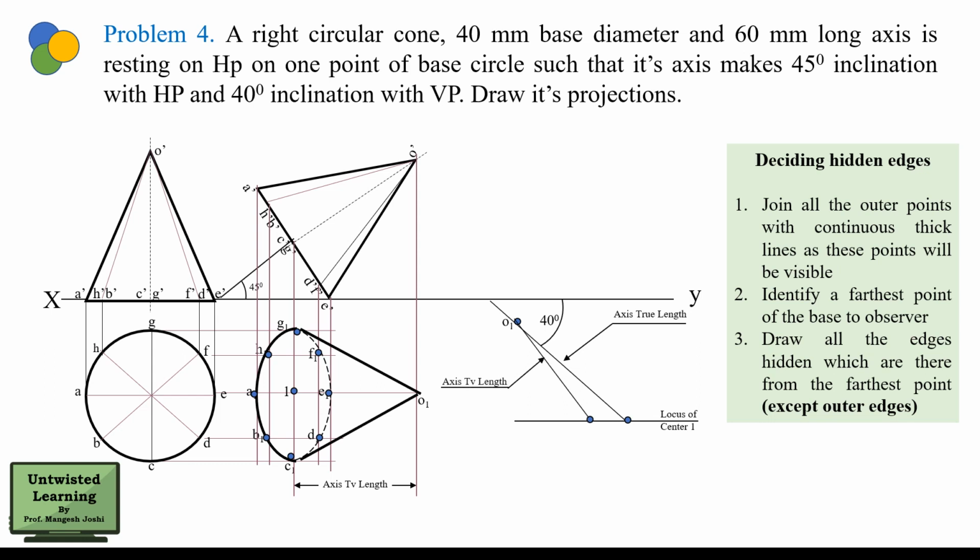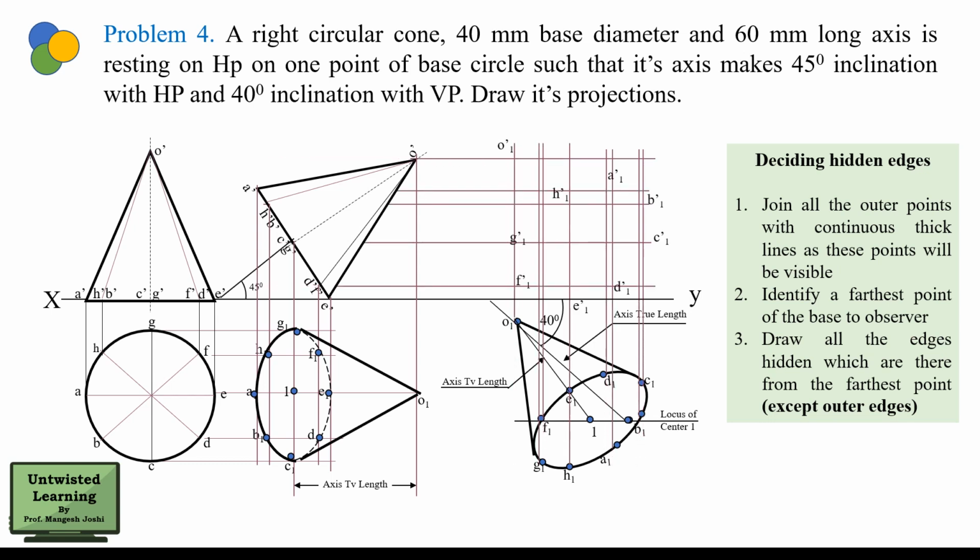Okay, this is axis top view length, this is axis true length, and then you can see this complete cone is redrawn at beta degree and not phi degree. So this is the only change which is to be discussed in this case, and this is the final front view of the diagram problem. Okay, I hope you have understood this phi beta concept. So whenever you are going for the third stage, always remember this phi beta concept and check whether theta and phi both exist or not.